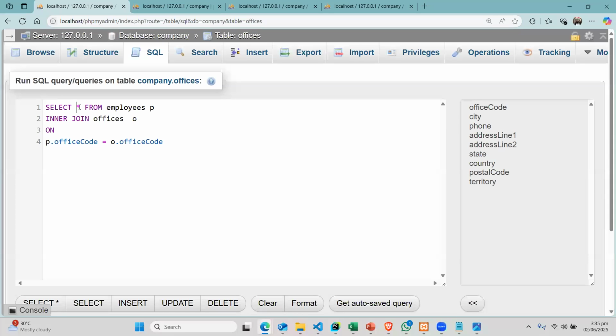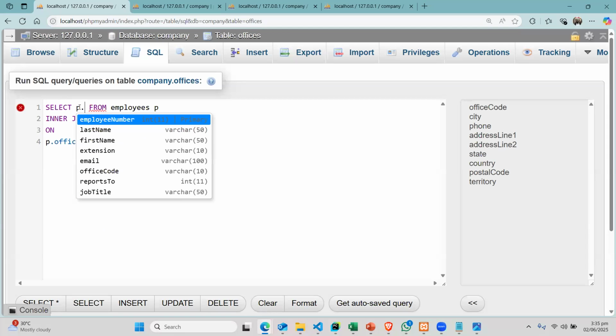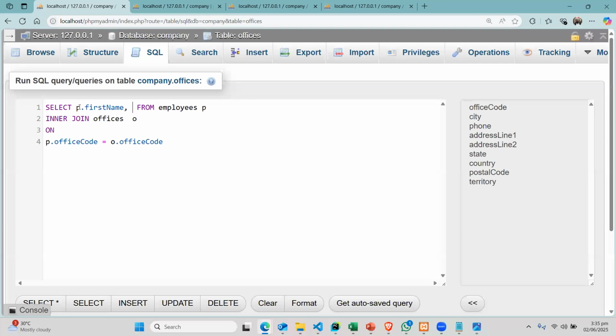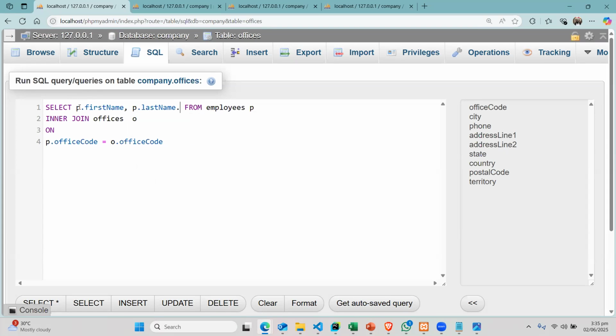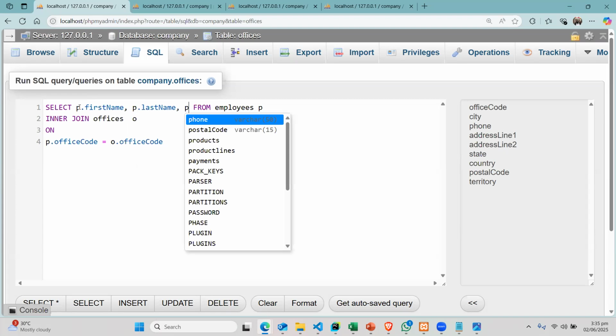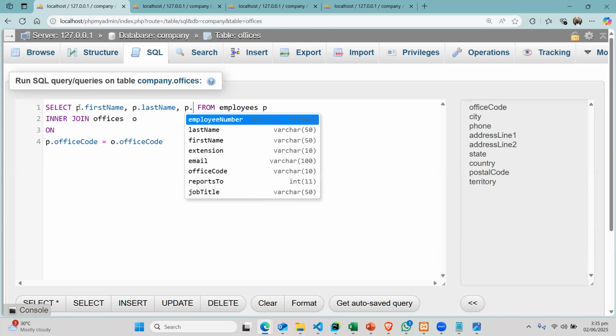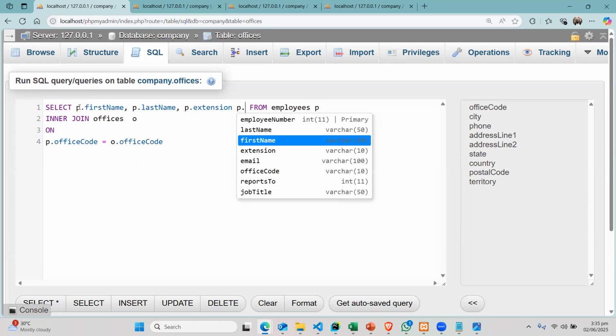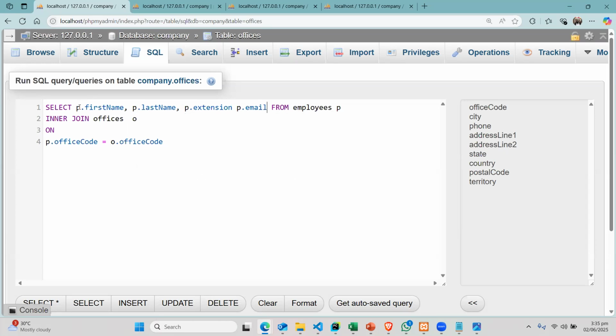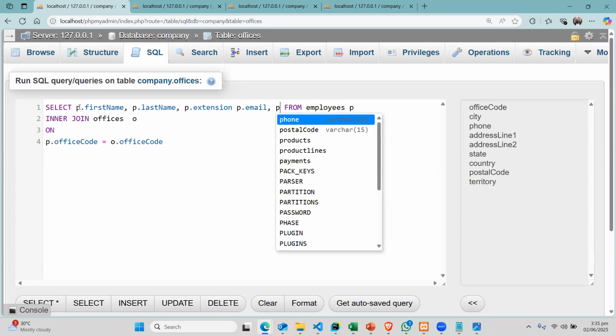I can tell the computer, go to the employee table and look for the last name, the first name, comma, the employee table, look for the last name, the extension, the person's email, and again the employee table, look for the person's